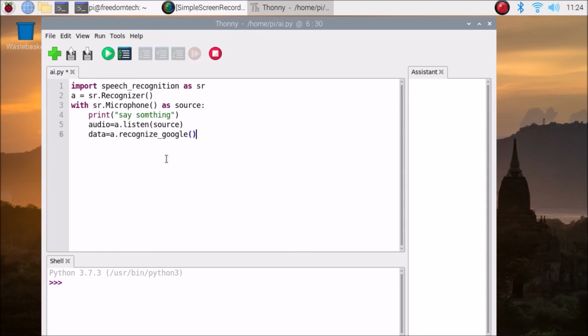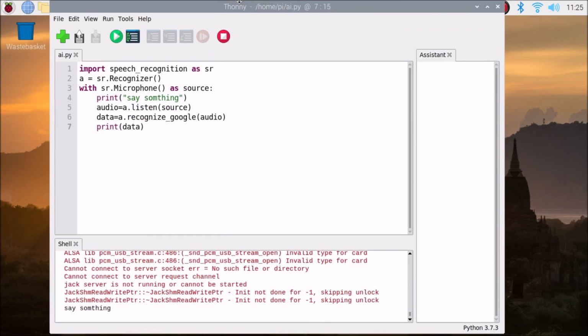So we are going to convert this speech into text. Now we have our data, so we are going to print the data. Save the file and run the code.